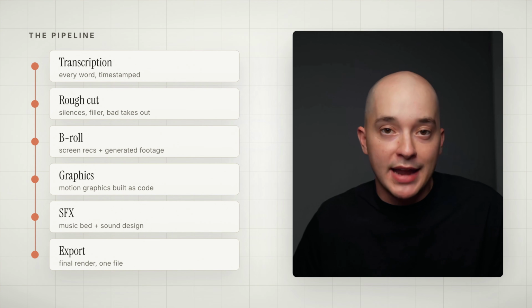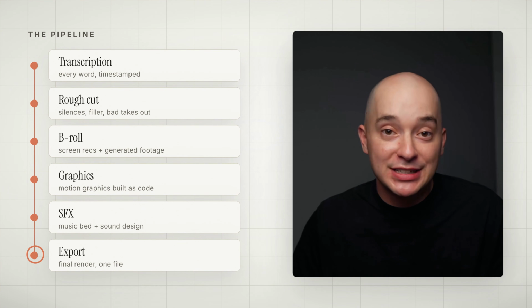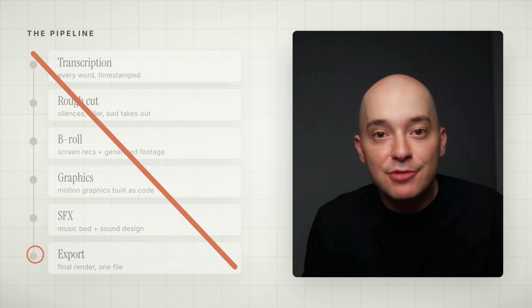You could 100% try and run this on a cheaper model and optimize it even further than I have. And I'm really open to seeing what you guys have done there, so leave a comment if you've got ideas how to make this cheaper. So that's the pipeline, and most AI editing workflows actually stop right here, which is exactly where they fall apart,